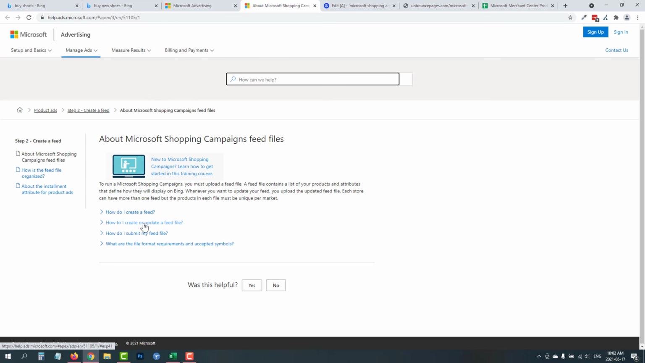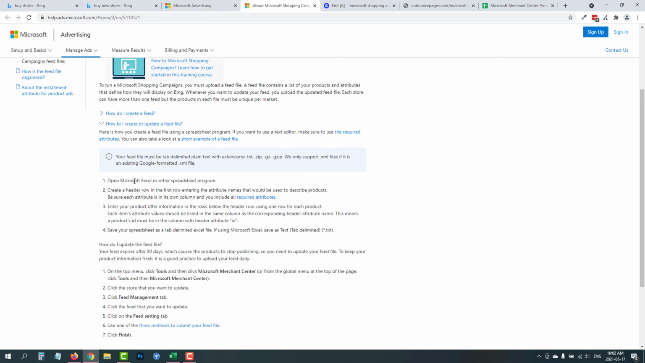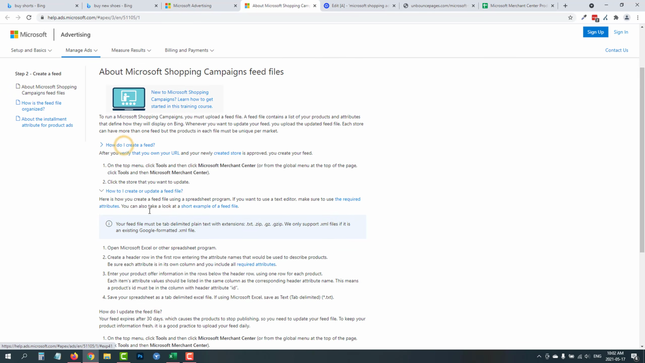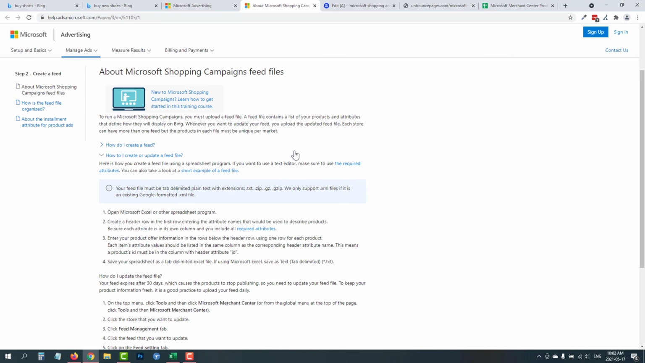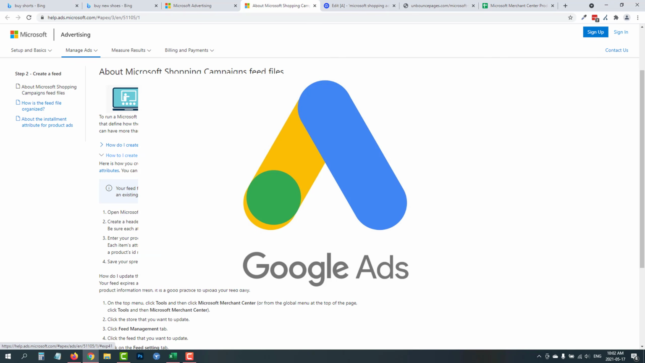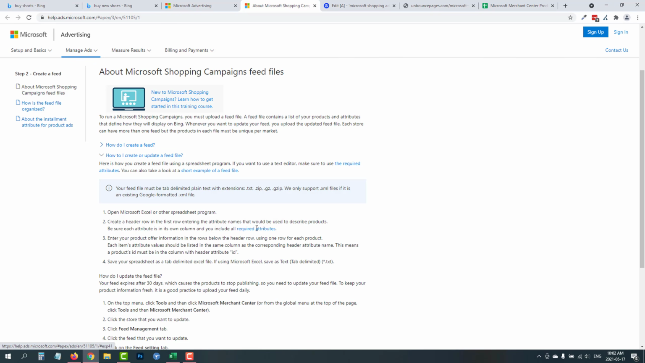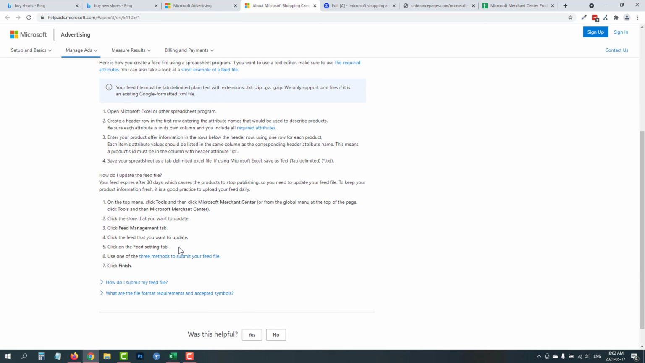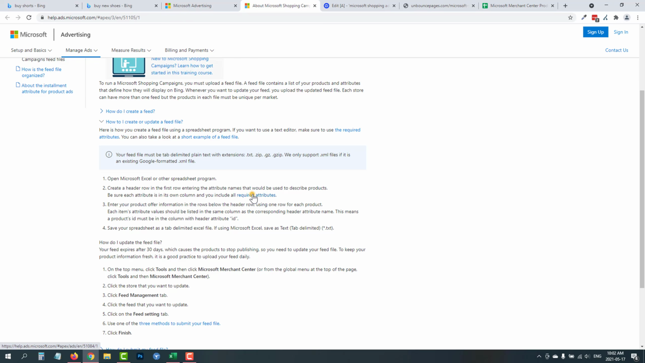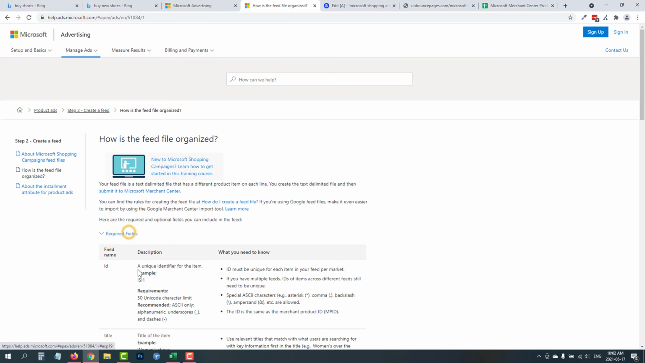and you can learn a little bit more as to how you create the file, how do I create a feed, all that stuff, okay? So you can learn about everything here. Now, unlike Google Ads, where they give you an Excel sheet with all the required information, Microsoft Ads doesn't have that. So you kind of have to go through the required attributes here yourself, and you have to fill them